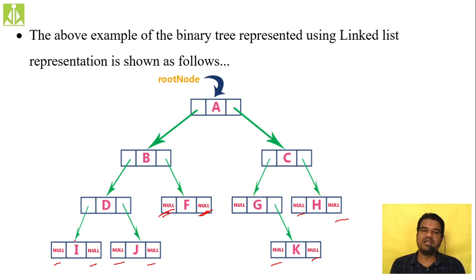How did we make the terminating point, the end point, inside your singly linked list and doubly linked list? Simply by checking the last node's next pointer as null. If the last node's next pointer is null, it means you don't have any further nodes inside your singly linked list or doubly linked list. So we use the same logic over here also. Inside the leaf nodes, both the left pointer as well as the right pointer are made null, to indicate the terminating point or end point inside our trees. Hopefully you understood this.